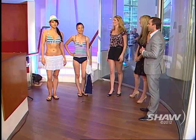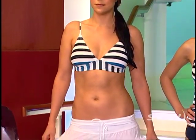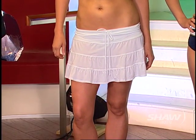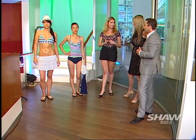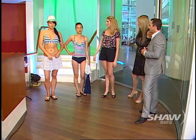Yeah, exactly. And the other look we've got here, this is great. So Katie's wearing our blossom skirt, and this is going to be your catch-all cover-up. You can wear it out, you can wear it swimming, it can get wet, it dries fast. It's great. We have it in white and black, which is really great. Really cute. Underneath, she's got the...